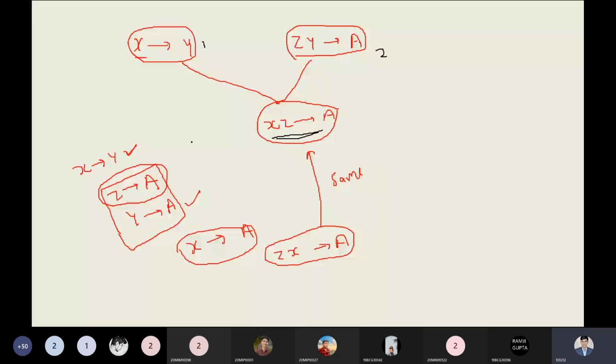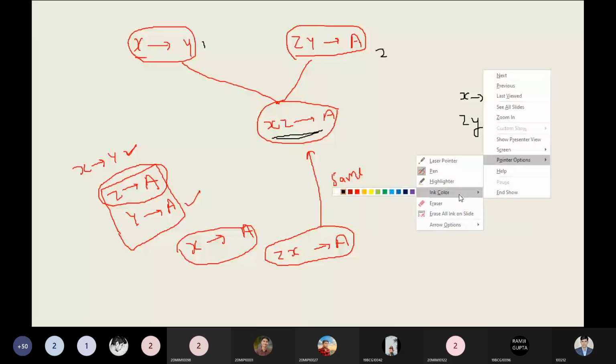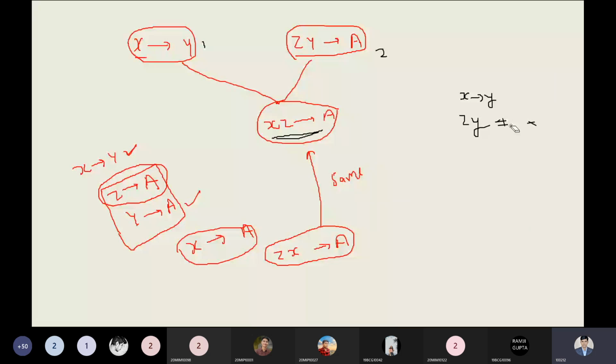If I'm writing here X determinant to Y, we can take, right, ZY is given here. Now, I'm not applying the union rule. Union rule will be applicable when the single attribute or the multiple attributes can be on the left hand side, but that should be common. So we are observing here we have two different types of attributes. So the thing we have to keep in mind properly. Let me write correctly. So this is given in our question.